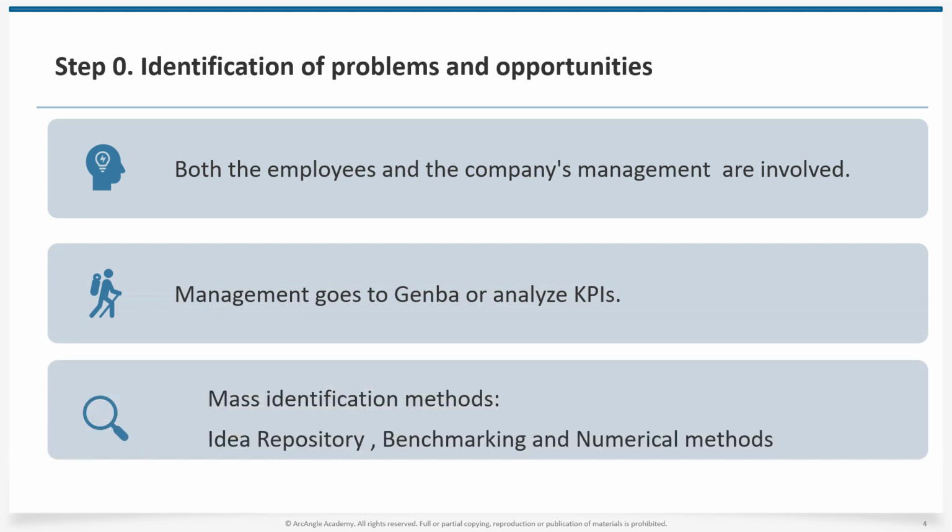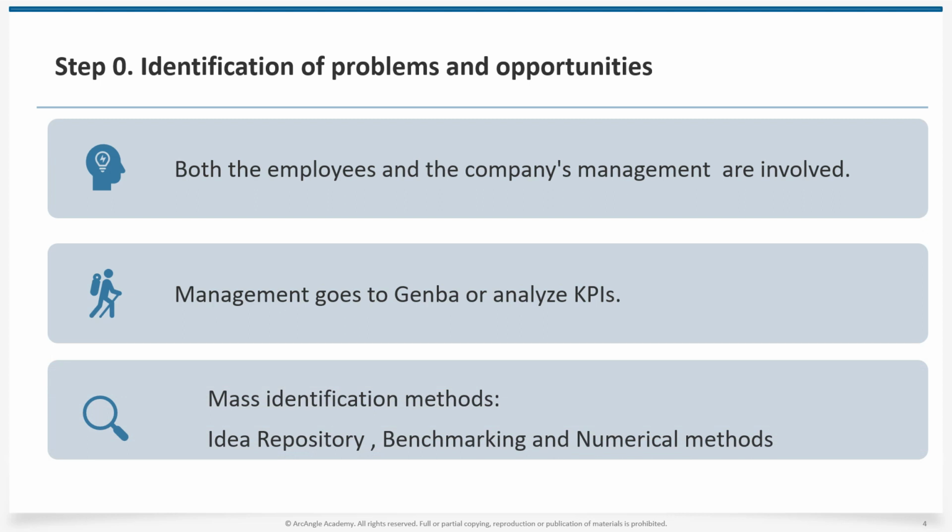There are alternative methods for mass identification of problems and opportunities. Idea repository. This involves establishing a system for employees to contribute their ideas and problems to a central repository, creating a massive collection of potential topics for improvement. Benchmarking. Comparing your organization's results and processes with industry benchmarks or best practices to identify areas where improvements can be made. Numerical methods. Utilizing numerical data and analysis to identify the potential for improvement based on the results achieved and